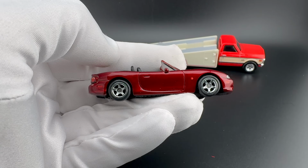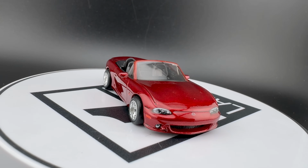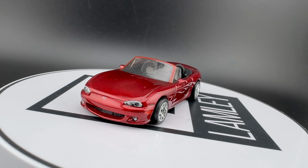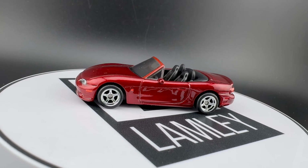Next one. Released in, was this Boulevard, I think? It was released this year. Boulevard had a nice, strong year. This is the '04 Mazda Speed Miata. We get the 5-spoke wheels on this one. Again, judging more the casting than anything else,